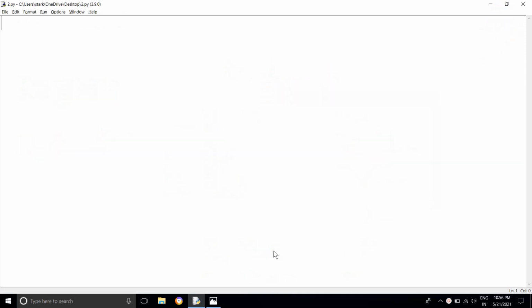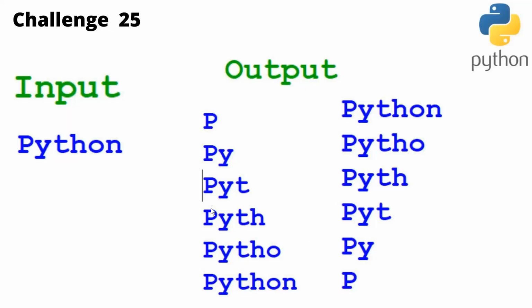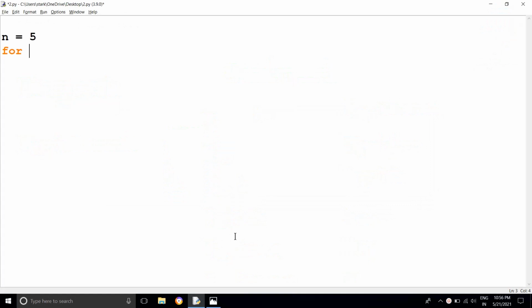Before going to print that one, you need to know how to print this structure, I mean how to print this right angle triangle, right? For that purpose, I'm going to write for i in range of 1 comma n plus 1, and then here for j in range of 1 comma i plus 1.